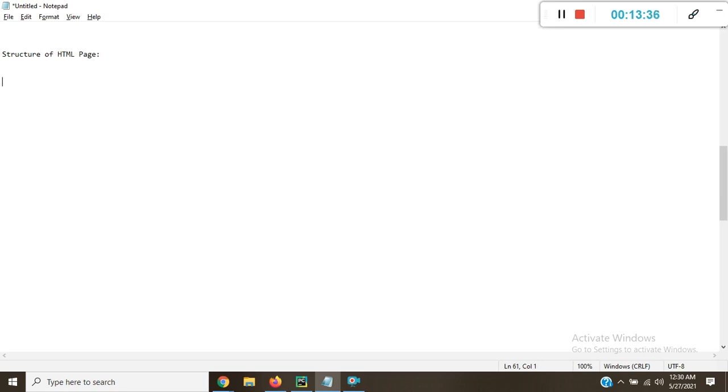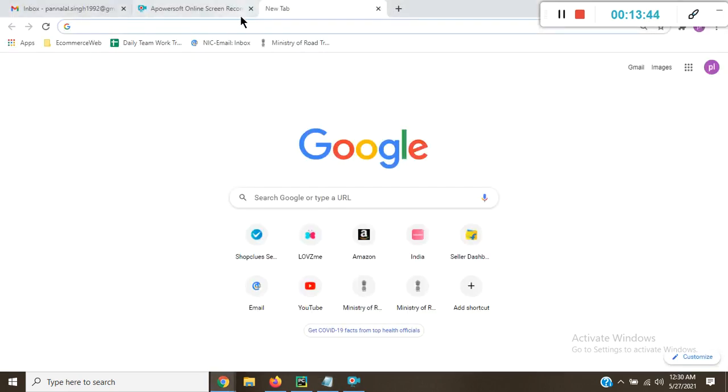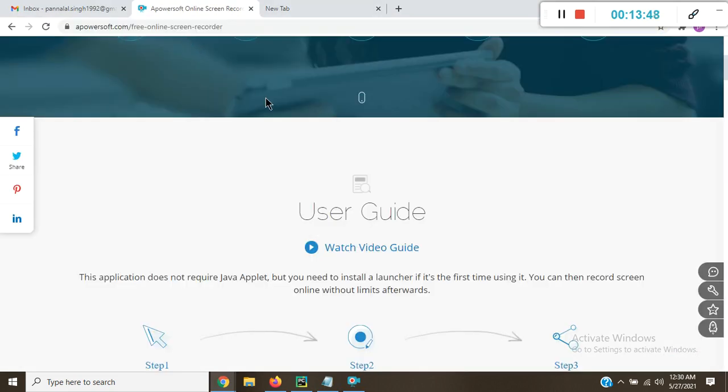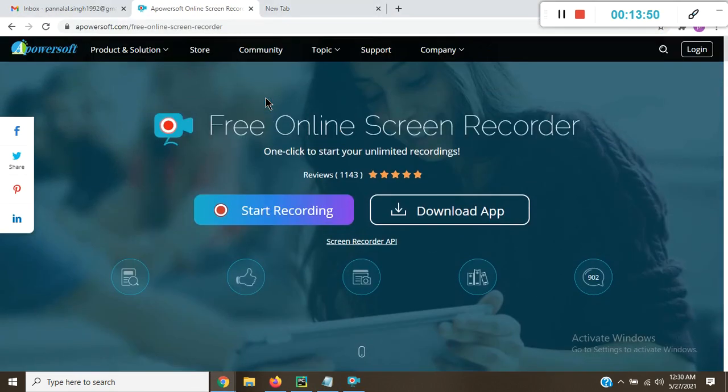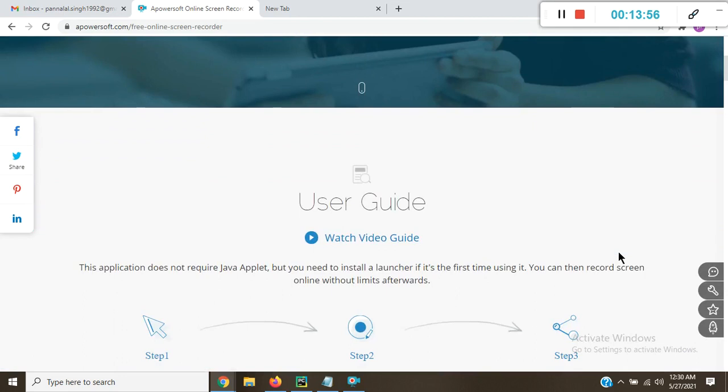Every HTML page contains two parts, head and body. You know what is head and body? Let me tell you. Suppose I open this web application. Whatever you see in the page is called the body.